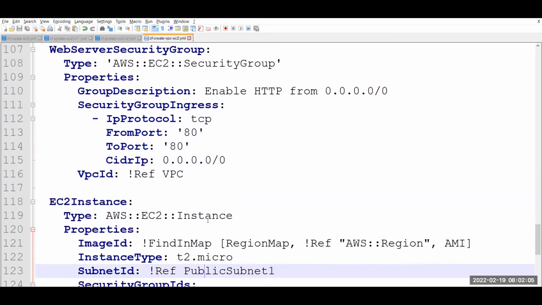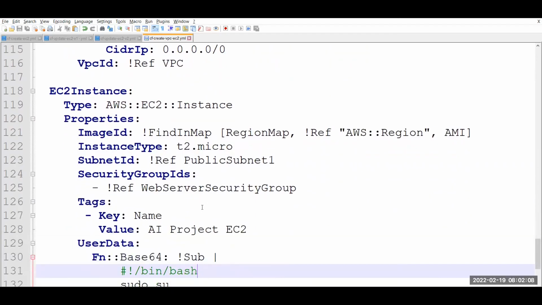Now we want to create our EC2 instance. So if you see, this is the EC2 instance. This is my type, EC2 instance, and properties. Now I am saying image ID. Which image ID? I say find in map. I have created one map, and that map name is region map. Go to that region map, take the content, like AWS regions and this particular AMI. Based on this region, if my region is AP South, take that AMI. If that is the Singapore region,